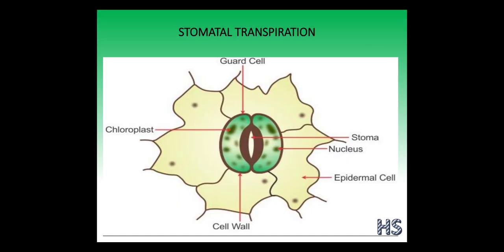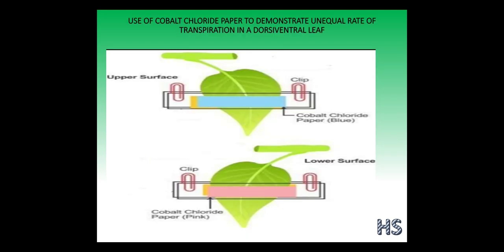Now we are going to move to the next one. Let's understand about these stomata first. Where are these stomata present? These stomata are present more on the underside of the leaf. Okay, what do you mean by underside? See, we know the structure of the leaf. Let's perform this experiment so that we can get a perfect conclusion regarding the stomata, where the number of stomata is more. Is it on the upper side or on the lower side?